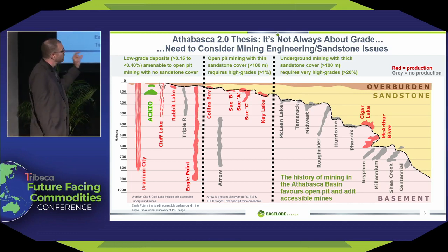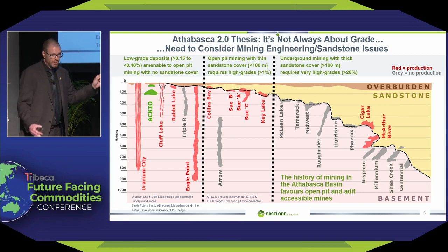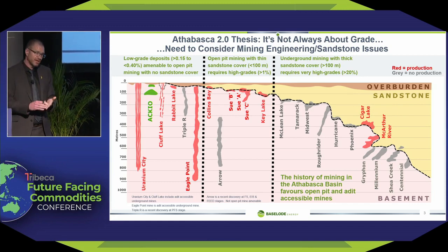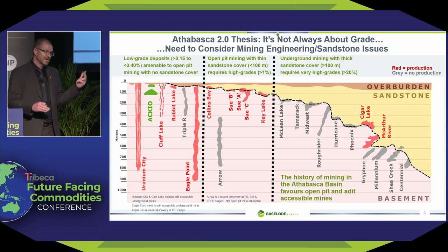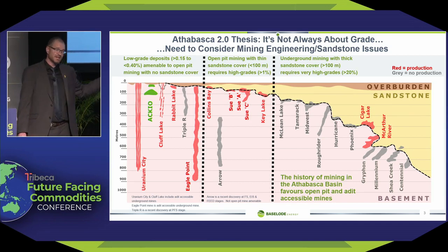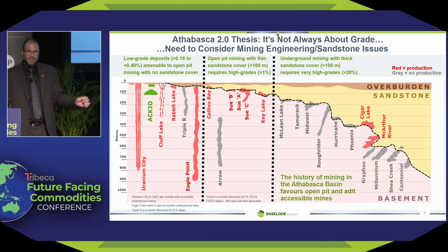If you remove the problem of water by making the sandstone thinner and having more shallow mineralization, such as the deposits in the middle, you can mine those at much lower grades and smaller sizes as open pits. If you remove the sandstone completely, you can mine these at even lower grades and even smaller sizes. So when we set out